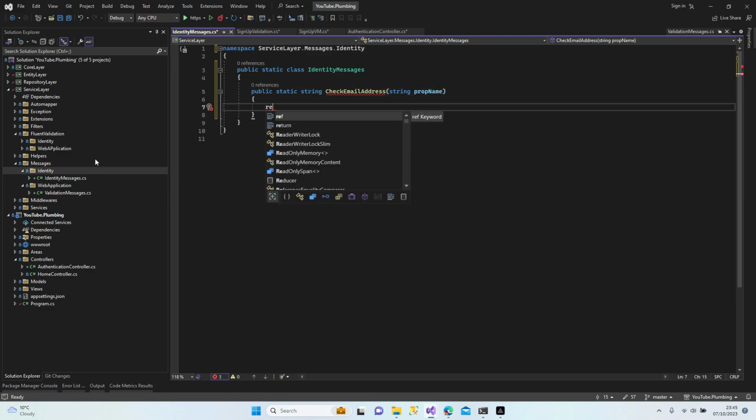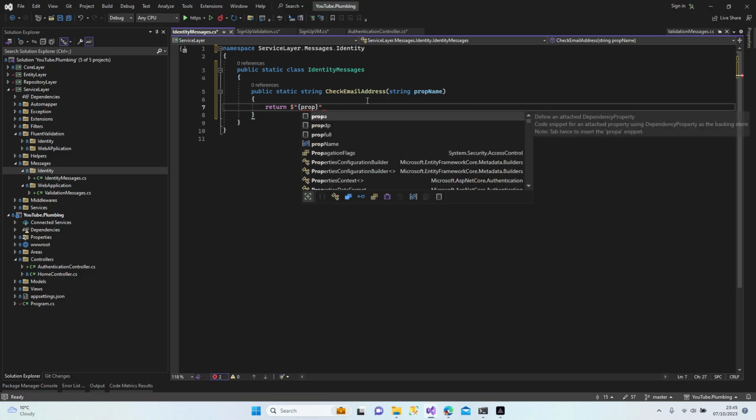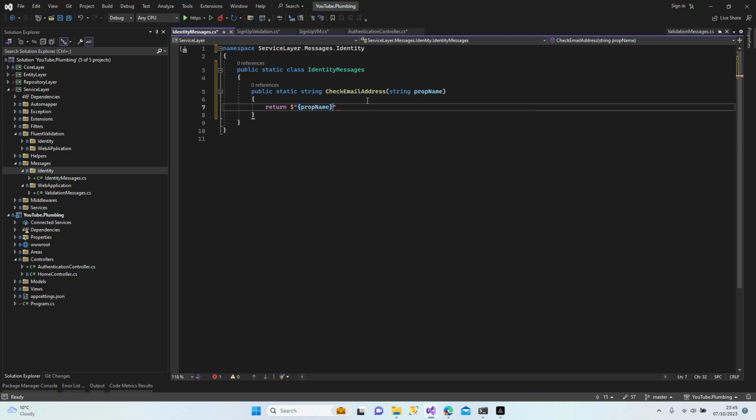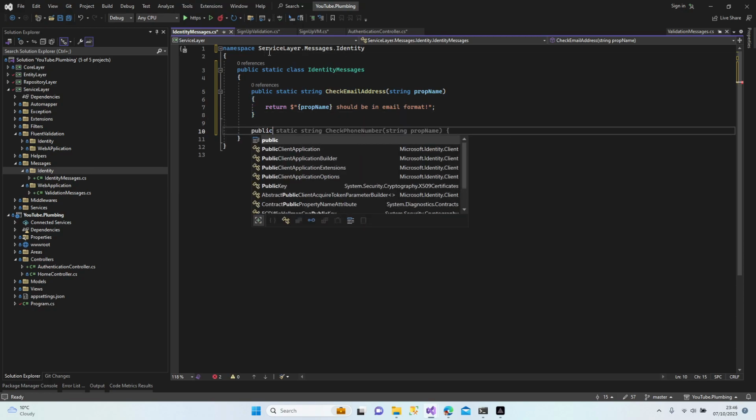I can copy this section from, actually I don't need to copy because the message is going to be different. Let's add a dollar sign and prop name should be in email format. Yep, perfect. Now I have a compare